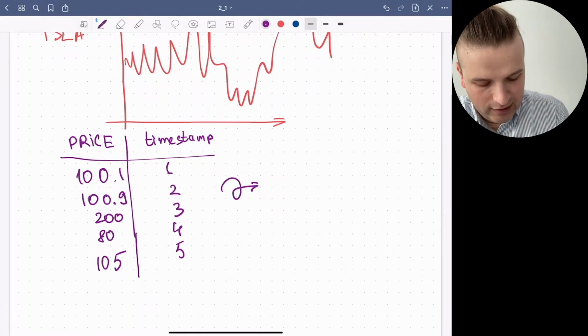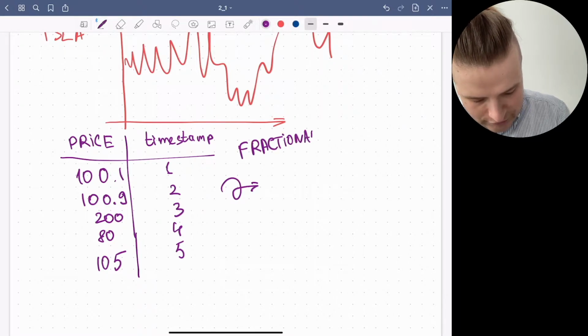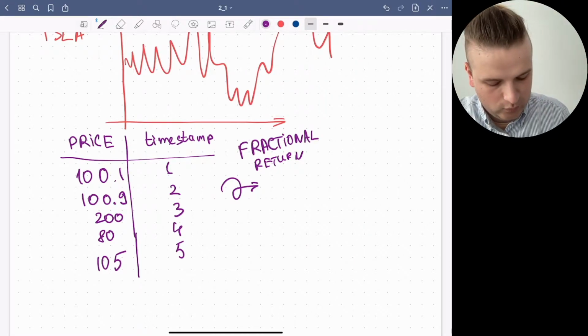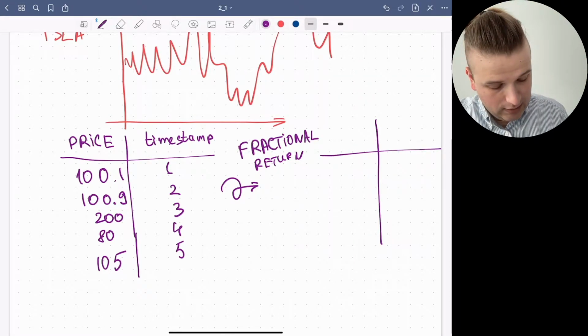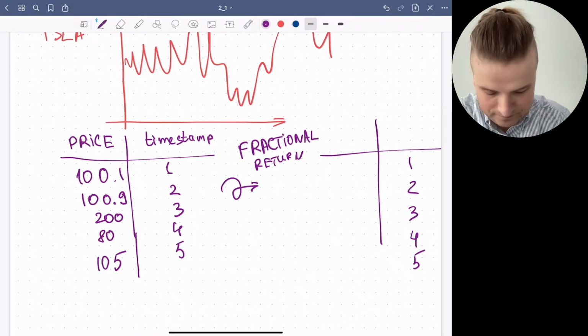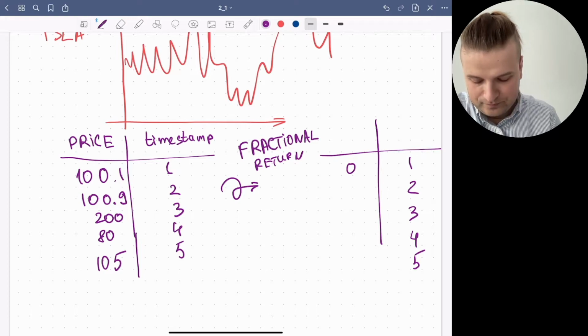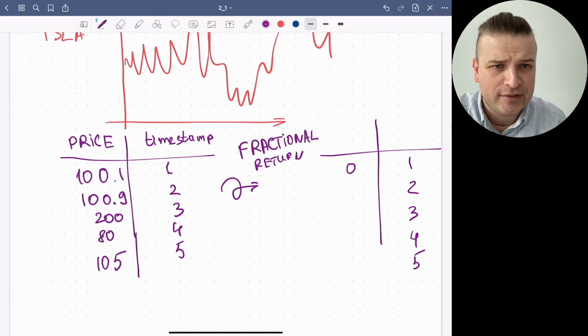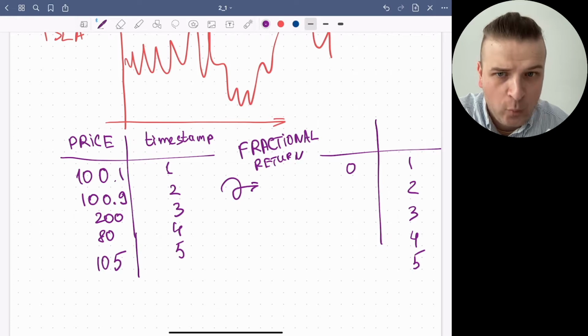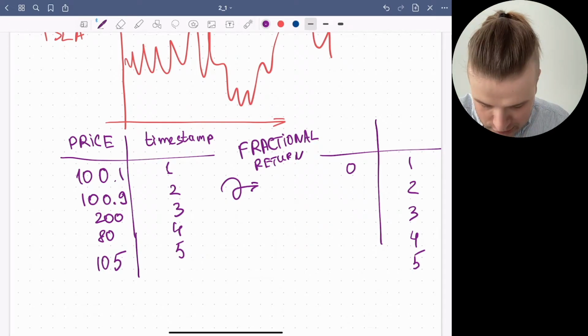I can calculate the fractional return per each day, right? Which means that again, I have this 1, 2, 3, 4, 5, and here, at the end, I have 0, let's say, but then I have 100.9 minus 100.1 divided by the initial price, which means actually something like